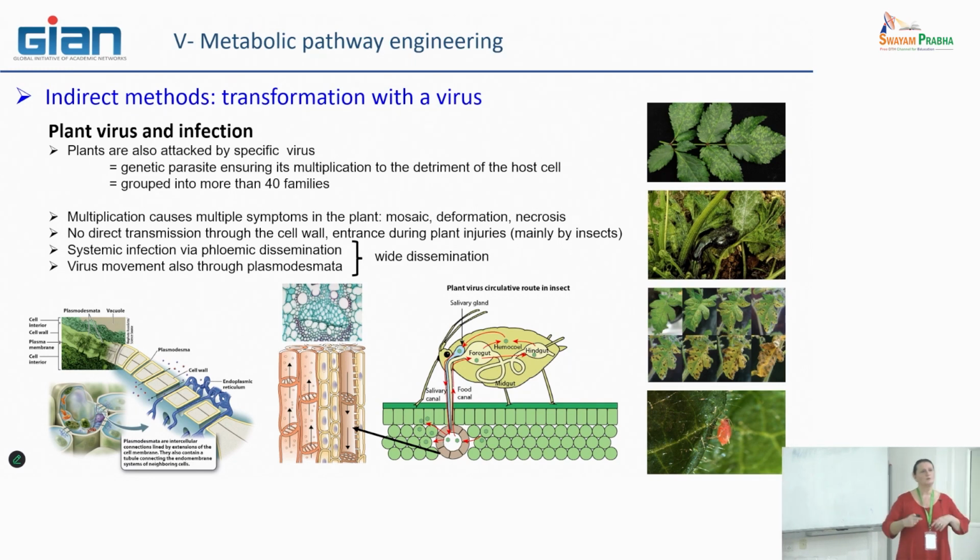Not only to diffuse inside the plant, but when they are in the cells, to manage different things for their own production. So this wide dissemination was quite interesting to see, because it means that it's quite easy for a virus, when it is in contact with the plant cells, to infect this plant cell.